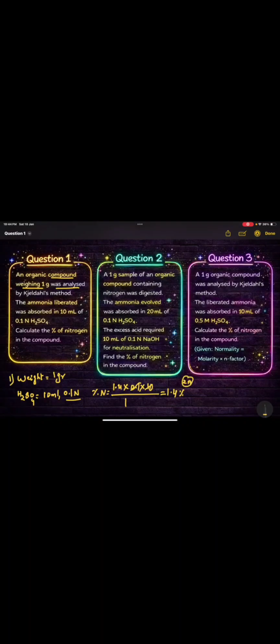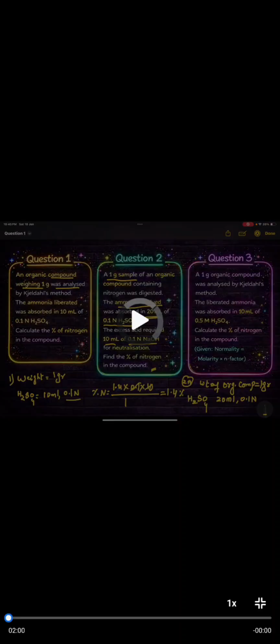Coming to the second question. Here the weight of the organic compound is given. You can read the question. 1 gram of sample is given, and the ammonia evolved is absorbed in 20 ml of 0.1 M H2SO4. The excess acid required 10 ml of 0.1 NaOH for neutralization. Find the percentage of nitrogen in the compound. So here the weight of the organic compound is just 1 gram, and then the H2SO4 values are